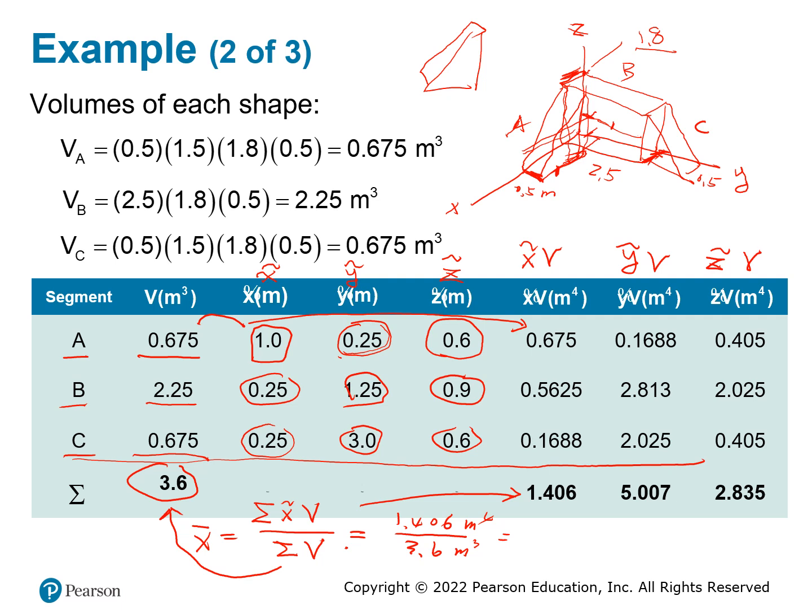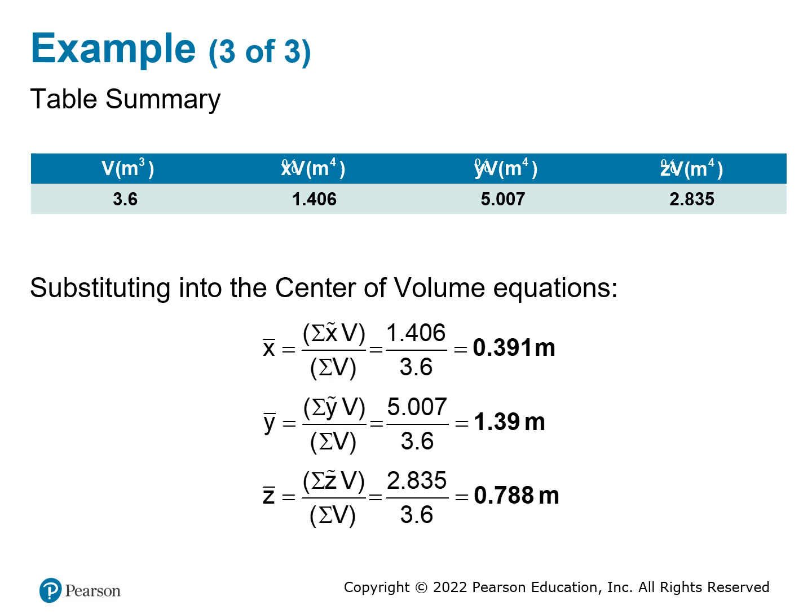And that's how easy you can do it. If you have a composite body, you just make a table and follow the same instructions. Just make sure, the tricky point for this question is that this triangle does not start from the origin. It actually has an offset right here. You have to add the width of that. So here is the result, and that is